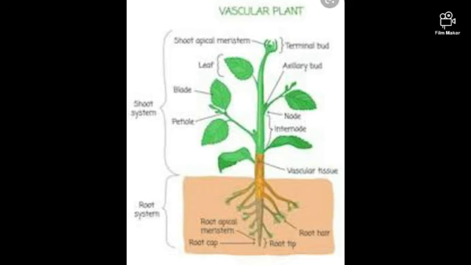You can observe it from the diagram. There are various places where the increase in size of the plant is taking place. At the root tip, at the shoot tip, and the stem also gets broader. The internodes also get elongated. So the meristematic tissues are the dividing cells. They are the only dividing cells in the plant and they help in the increase in the size of the plant.